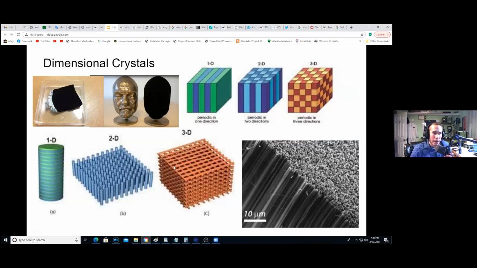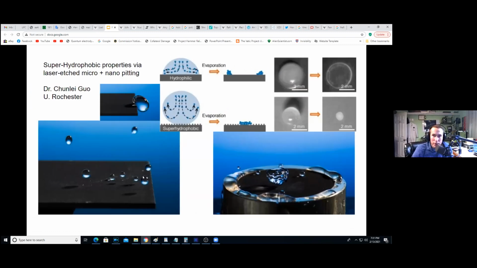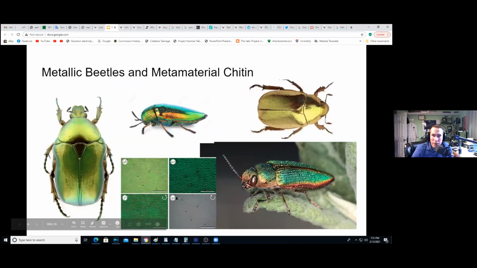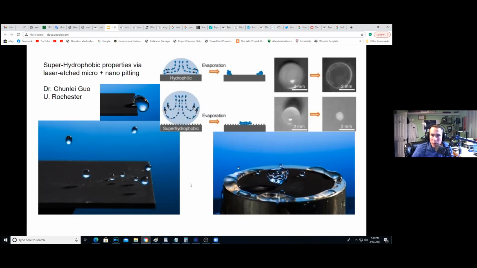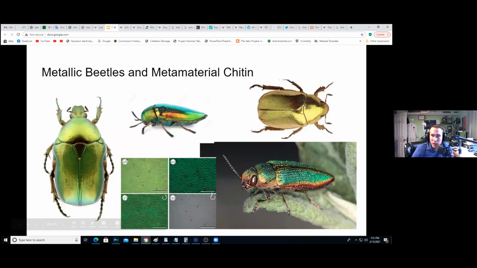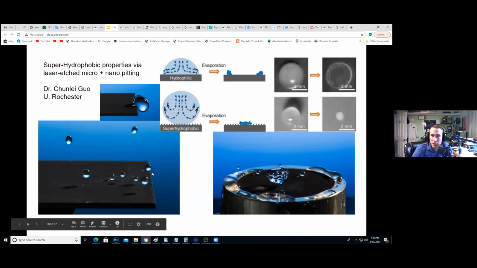So NOSA in the chat says there are better methods for super hydrophobic and super hydrophilic. Yeah, I'd like to check those out, but this one I just thought was cool because it relates to, you know, we can do the same thing. If we laser etch these sort of patterns, we can make it look like this bug, or that gold color, or the green color, or whatever kind of color we want it to look like. And I just thought that was interesting.